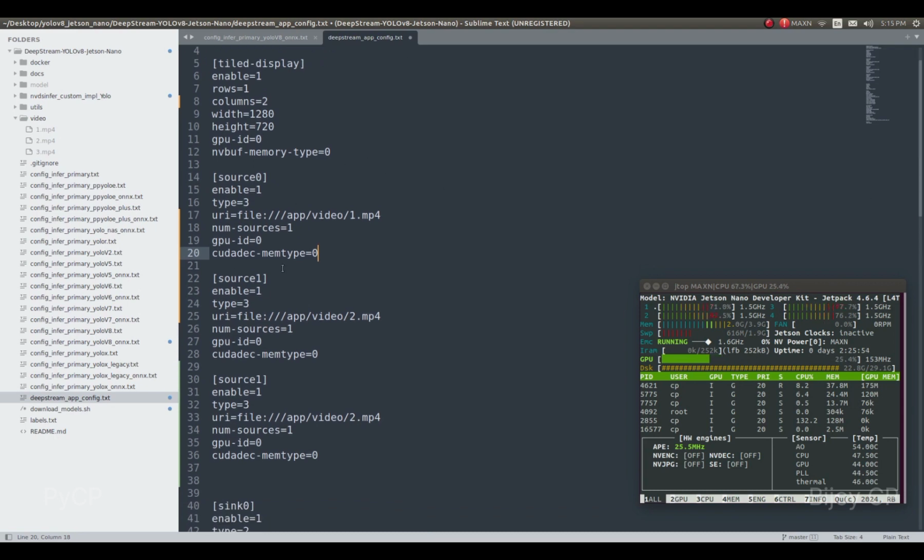You can add multiple sources. According to that, you have to edit the tiler, the display, rows and columns.